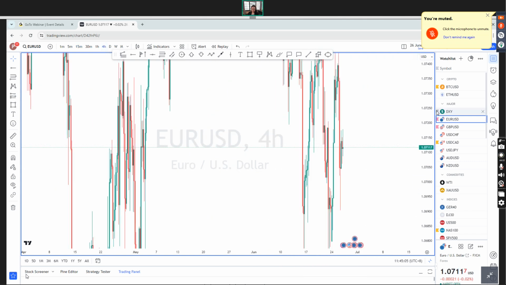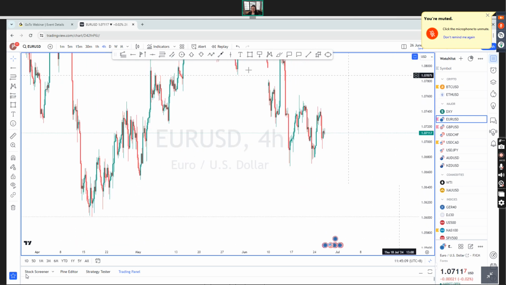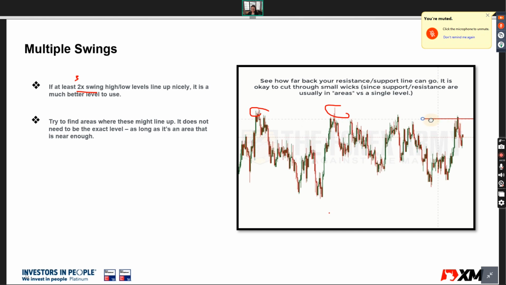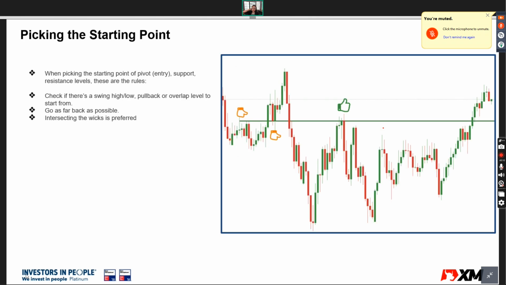Okay, but I will identify the key level based on H4 for you. Again, always look for the price coming near to the area or the zone. Starting point, again, when you want to identify the starting point, somehow it's quite